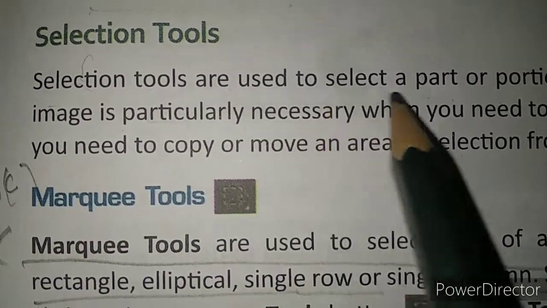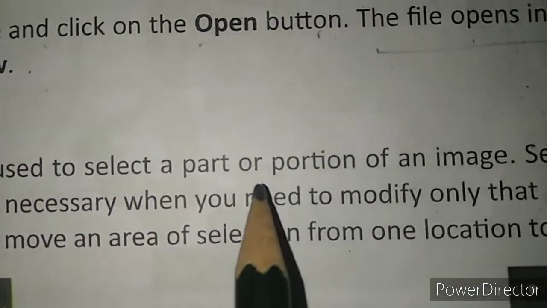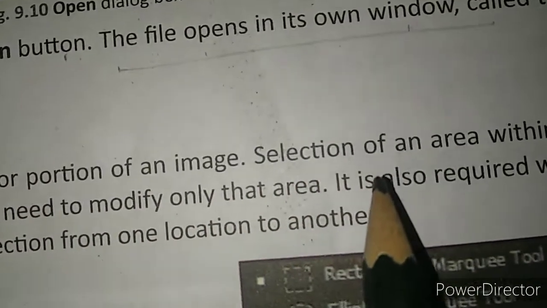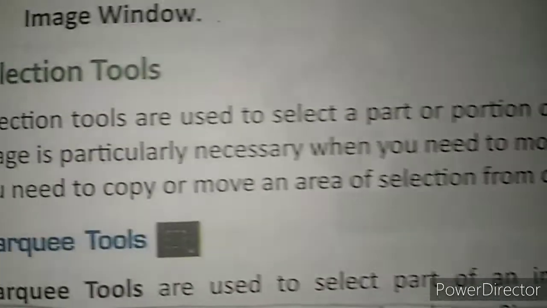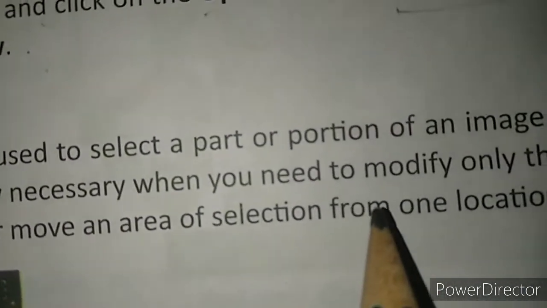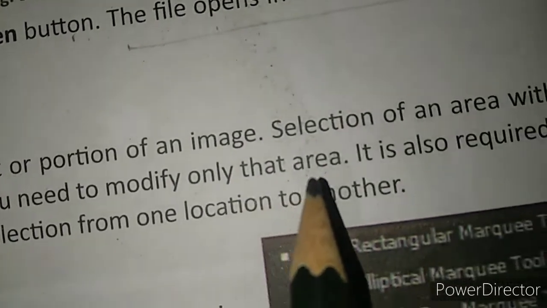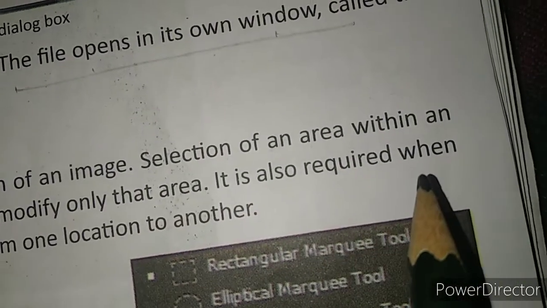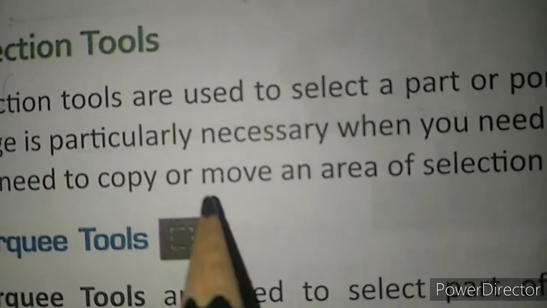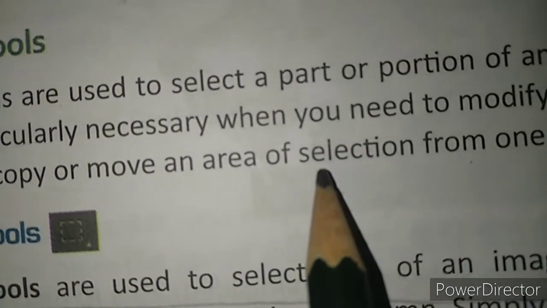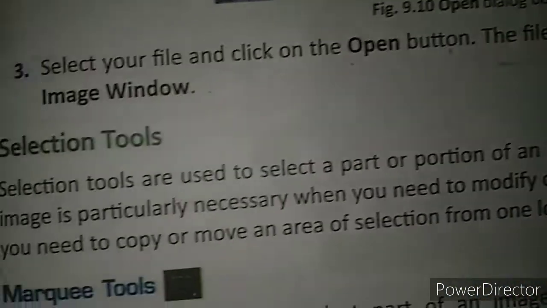Selection tools are used to select a part or portion of an image. Selection of an area within an image is particularly necessary when you need to modify only that area. It is also required when you need to copy or move an area of selection from one location to another. It means